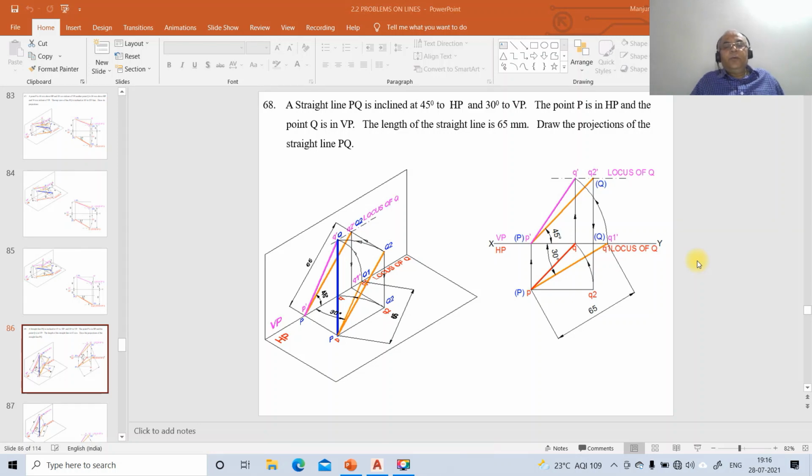Now, in this video, we are going to take up one more problem on projections of lines. Problem number 68: how to solve or draw it using AutoCAD software. The problem reads: a straight line PQ is inclined at 45 degrees to HP and 30